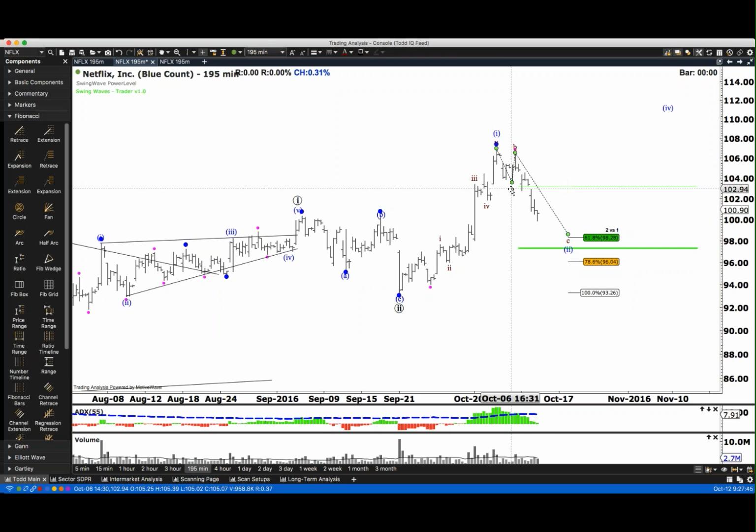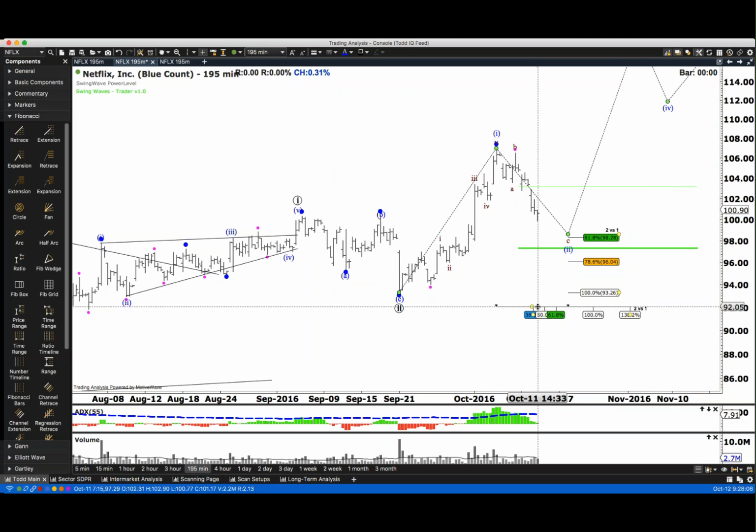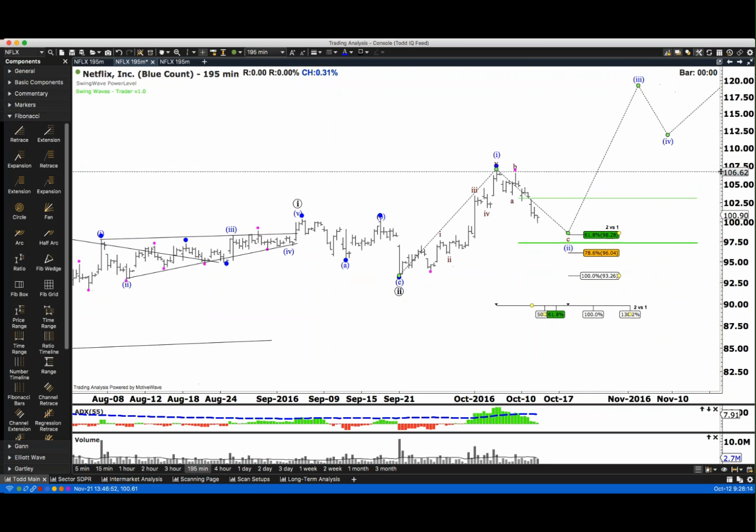If you start to see the stock market bounce today, you could get involved in Netflix, and you don't need to put stops much below, say, 95.85, just below the 786. If you could get a test down into that zone, I think that's a pretty good scoop in Netflix against a very oversold stock market. But if the stock market continues to get crushed today, then nothing's going to save it. If you can get the NASDAQ to begin to agree, that could be a good scoop in Netflix, something I'll probably try despite my poor track record in Netflix this year.